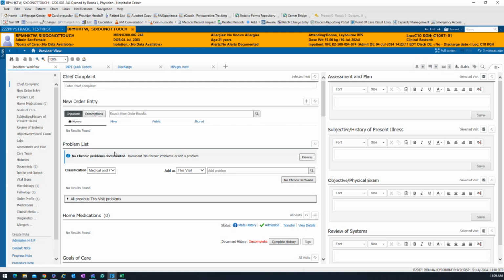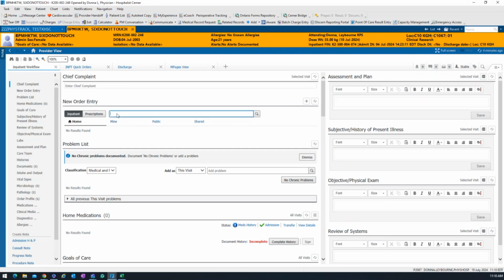Now that might be different from the current state for some, where perhaps an admission order was placed within the power plan or the order set that you previously were using at your organization, but this is a standalone order. It's very, very important to place in real time as much as possible, because it starts off a whole cascade of other information so that the patient can get the proper care that they need and get in the right bed. So what we're going to do here is go into the new order entry,